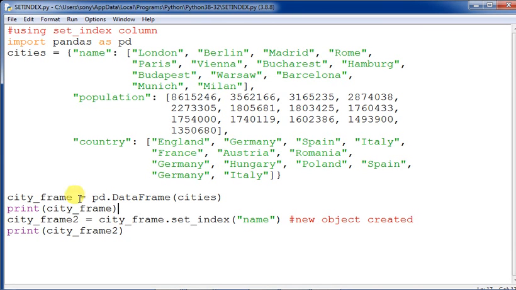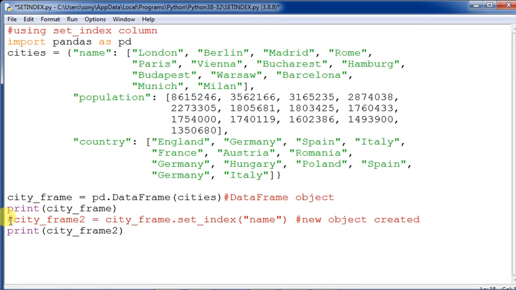City frame equals to pd dot data frame cities. Now the thing is that in the normal case, the index comes as 0 1 2 3 4 5 like that. If you do city frame equals pd dot data frame, here you are making the data frame object. Always give the documentation data frame object. So data frame object means the dictionary has been converted into a data frame object, and then you are printing the data frame. So up to here, if you are printing, the index will be printed as 0 1 2 3 4 as default. Okay, so that is the default. I'm just putting it up, and once you execute, let us see how this appears. Fine.